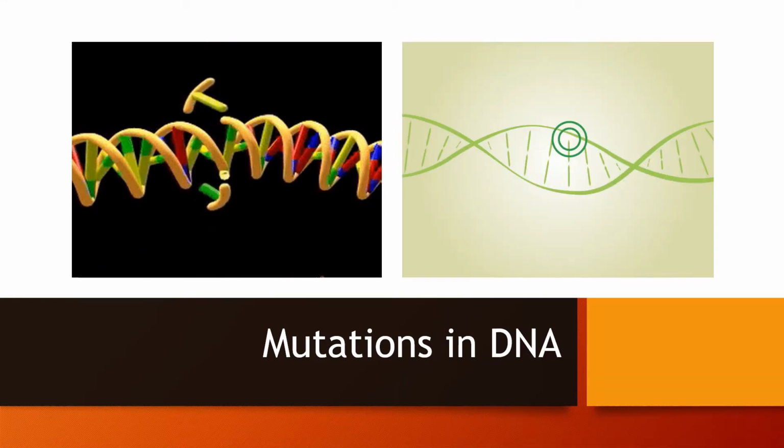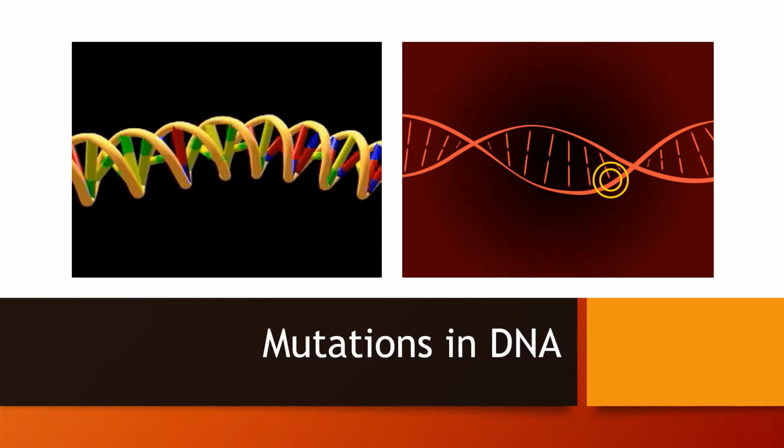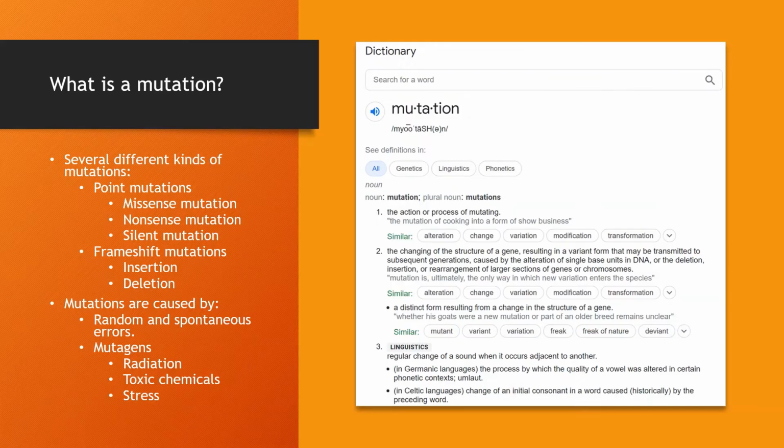Hello. Today we are going to be discussing mutations in DNA. So, what is a mutation? It is the changing of the structure of a gene resulting in a variant form that may be transmitted to subsequent generations, caused by the alteration of the single base units of DNA or the deletion, insertion, or rearrangement of larger sections of genes or chromosomes. We'll talk about chromosomal mutations in a different video, but today we're just going to stick with mutation in the DNA or chromatin stranded